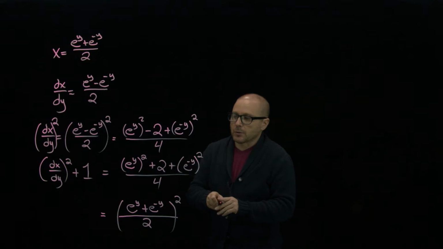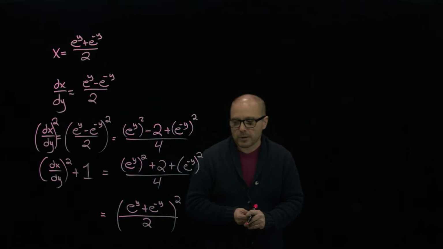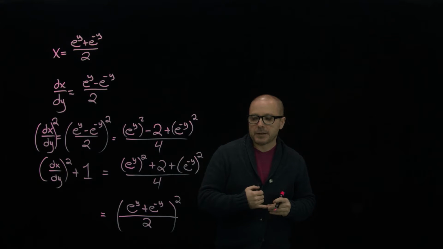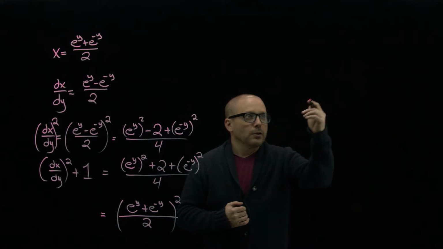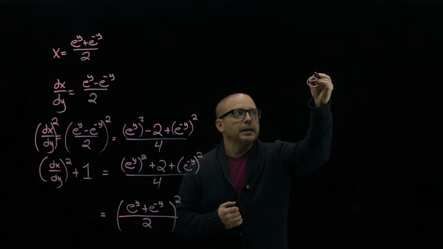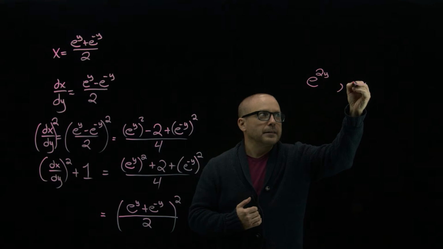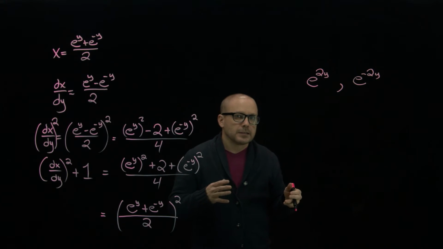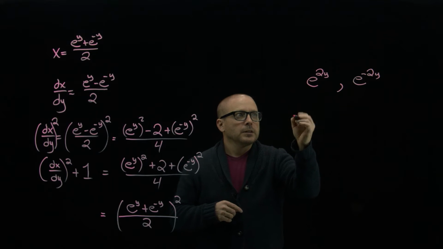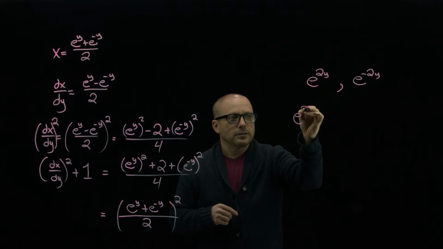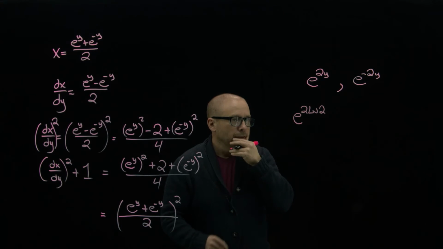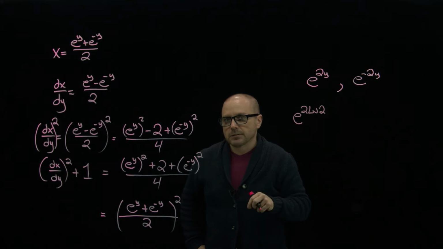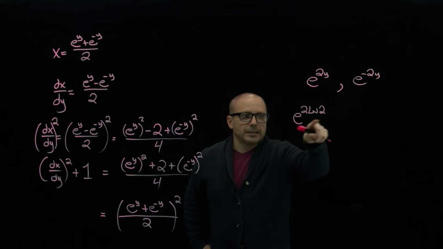So what else? OK, so when you finally get to integrate, a couple words about evaluating the exponential with the log. We had a limit of log 2. So at the end, you end up with terms that look like, say, e to the 2y and e to the negative 2y, right? And you're evaluating these things at natural log of 2. So for example, e to the 2y is e to the 2 natural log 2. Now, most of you recognize that, OK, I should be able to cancel that because they're the same base. The problem is written like this, that 2,